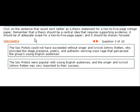Now you'll notice the writer actually has what I call a list, a forecast of ideas. So it says that the Sex Pistols couldn't have succeeded without Johnny Rotten. He provided, number 1, stage presence, number 2, poetry, number 3, authentic working class rage. These are 3 different support points that the writer now has to mention to show how the stage presence, the